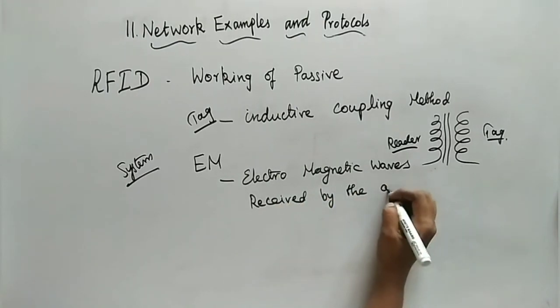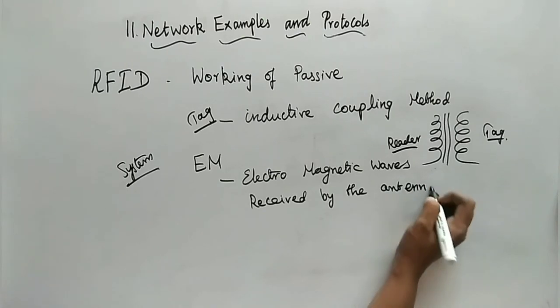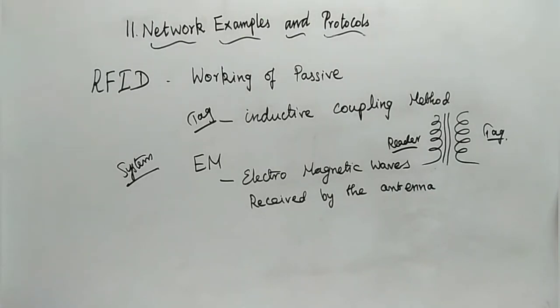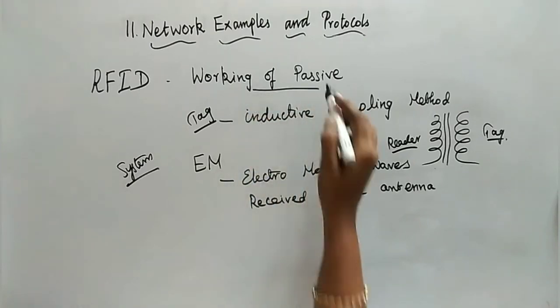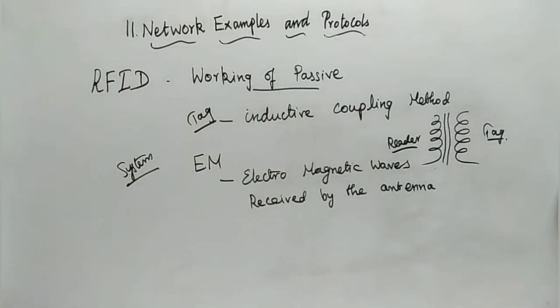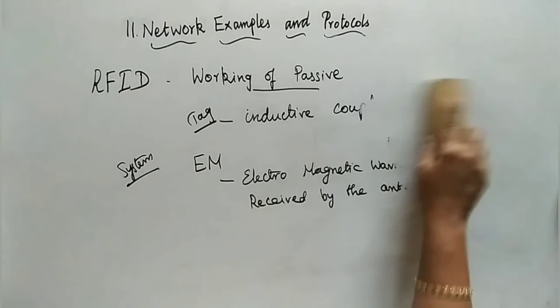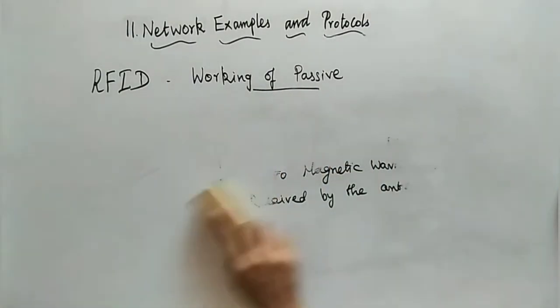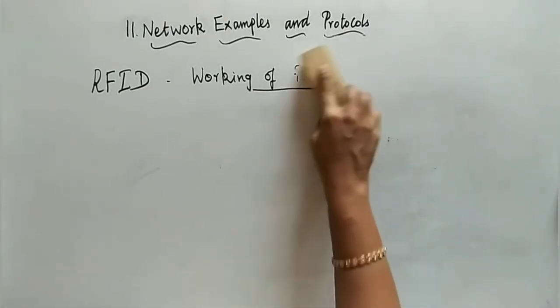Yes, this is how the passive RFID is going to work for you. The main point that you have to remember is that passive is unable to generate power of its own and it is going to get it from another source. So the tag gets energy by means of the inductive coupling method and the whole system is going to get the energy by means of electromagnetic waves. And next we are going to see the working of active RFID.